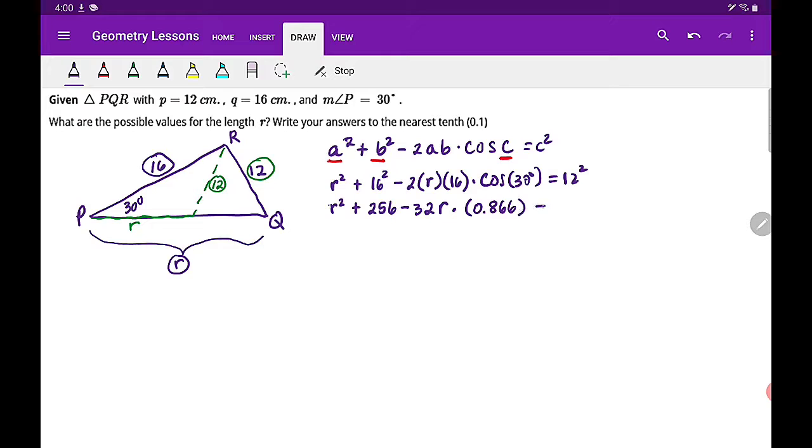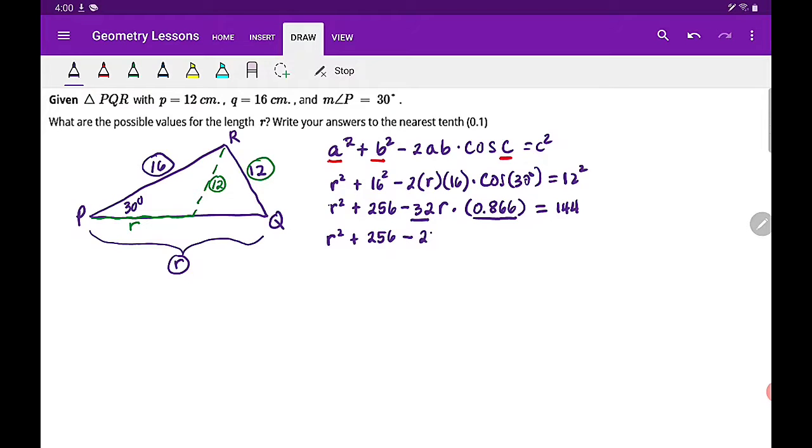Okay, cosine 30 degrees is equal to 0.866. You can get that by using your calculator. 12 squared is 144. Okay, so now let's do further simplifying. We can multiply 32 and 0.866. Okay, so you have R squared plus 256